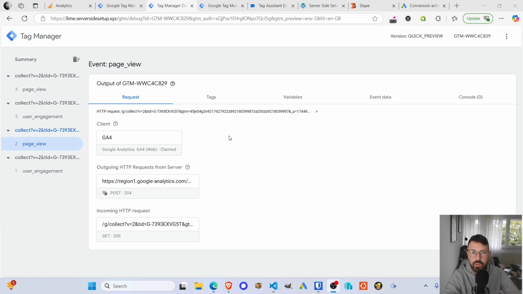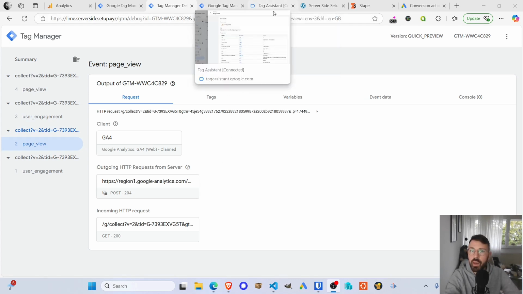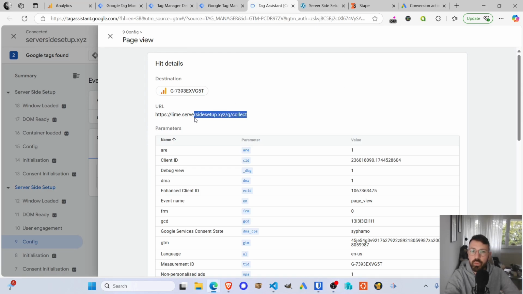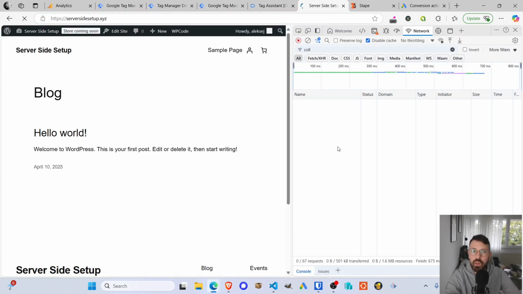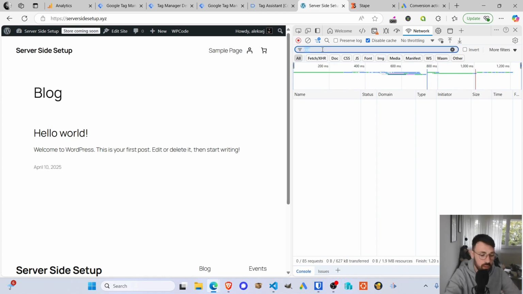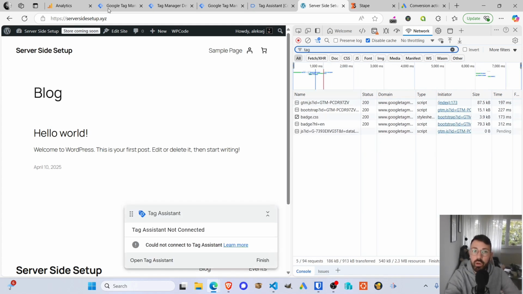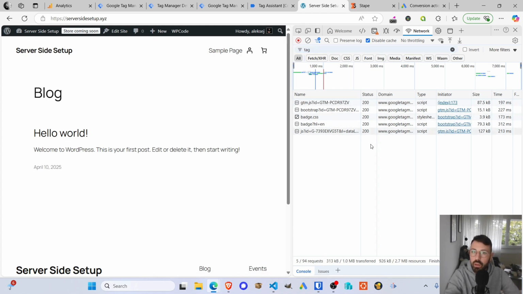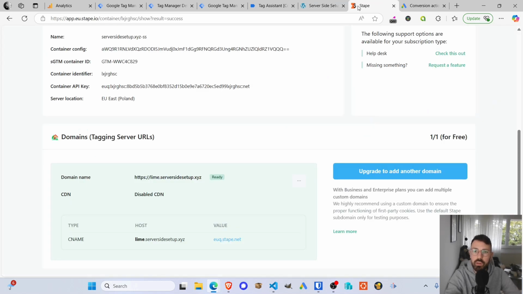But there's a twist, because what we've set up now is events are being sent to our tagging server, but the loader and the container are being loaded from Google's Google Tag Manager domain still. And in order to fix this, to start loading all the data from our subdomain, we have to go back